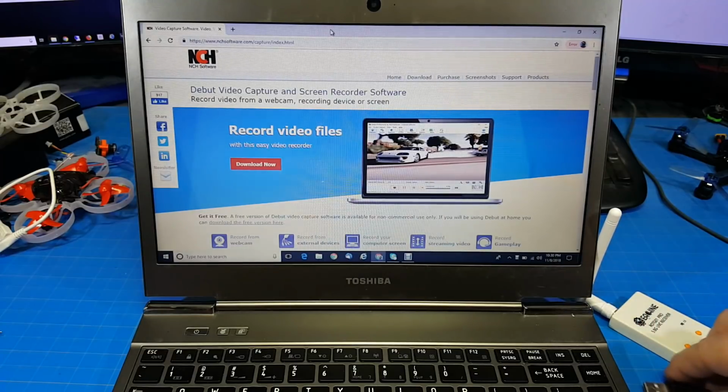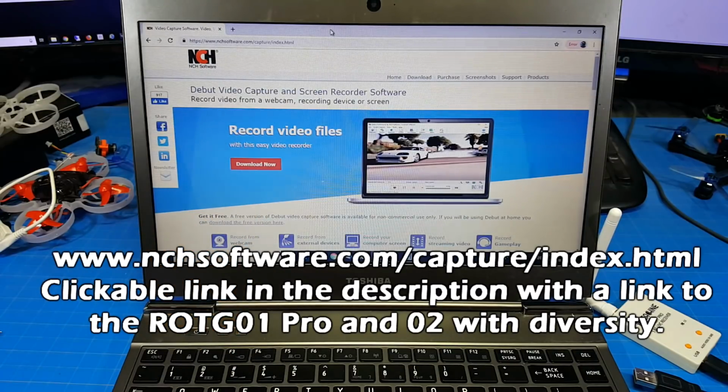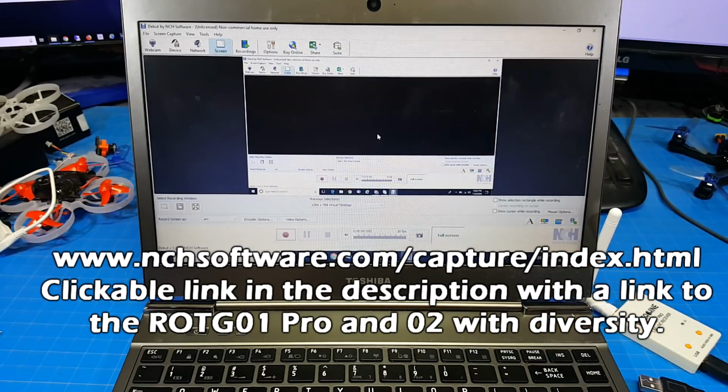I'll get a quad going, but the first thing you should look at is this website. This is where I downloaded the software, and this is free for home use, so if you're not doing anything commercially, it is free, and a big red download button there. Of course, I have the application already installed, and it is showing me the desktop here. This is what the application looks like in its small form. It's really for desktop video capturing, and it's also got a plug-in or an option to use your webcam for capturing too, and that's what we're going to tap into, because this device is